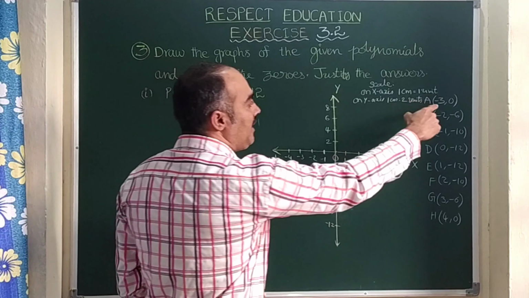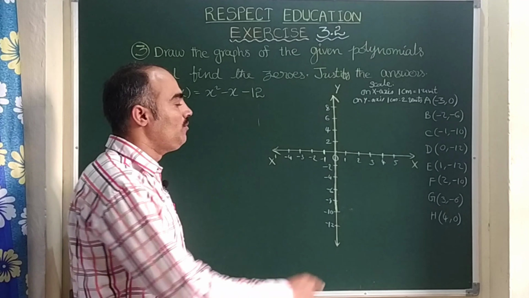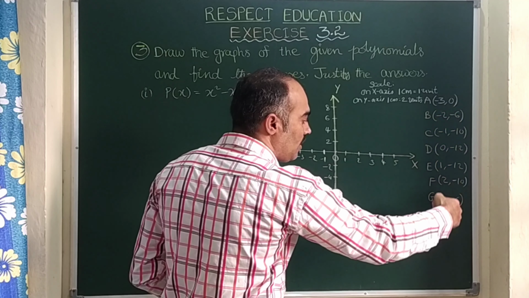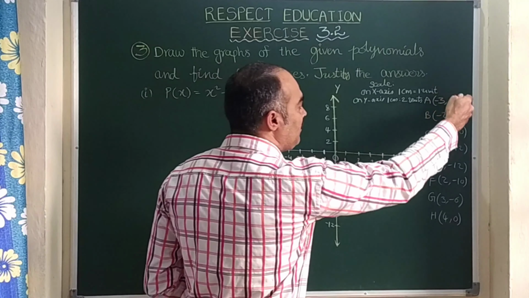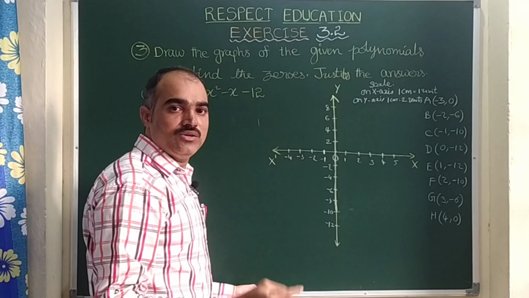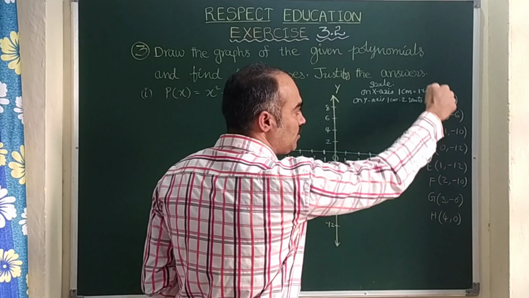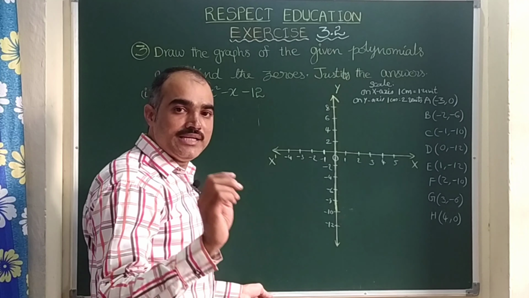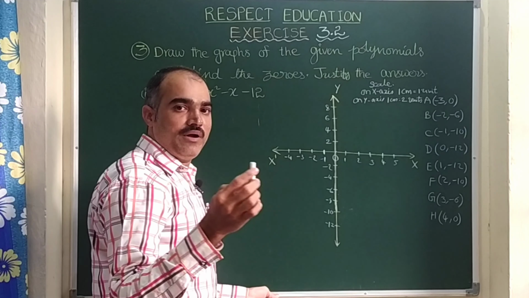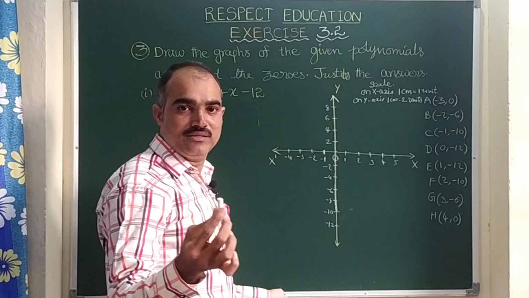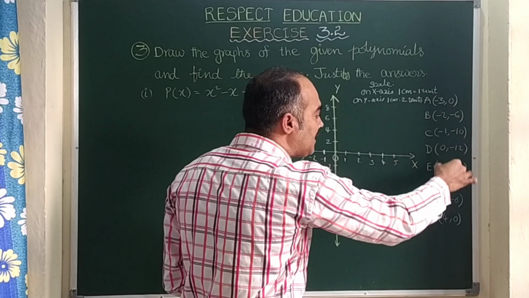First A, minus 3 comma 0. Here you just see, children, I will tell you an easy technique to plot the graph. The first values are called x coordinates, or abscissa. And the second values are called y coordinates, also called ordinate. Now you just see the x coordinates, meaning first values. You just imagine that you have a bike with you, a new bike. Just imagine this is my bike. Now I am going to park my bike at different places.